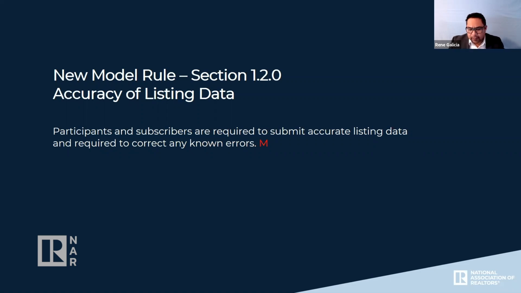So NAR doesn't have any policies or rules requiring or mandating local business rules. So how you set up your platform, what you require, what fields you lock, if you will, that's a local decision. I think what we would suggest is reviewing common errors that occur, or fields where information could potentially change during a transaction.